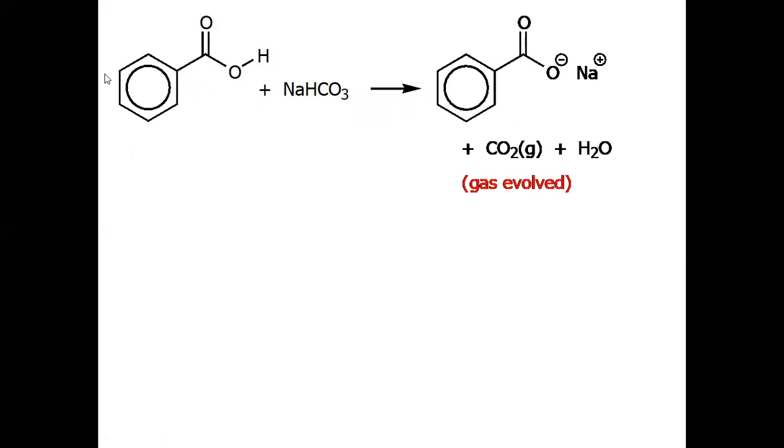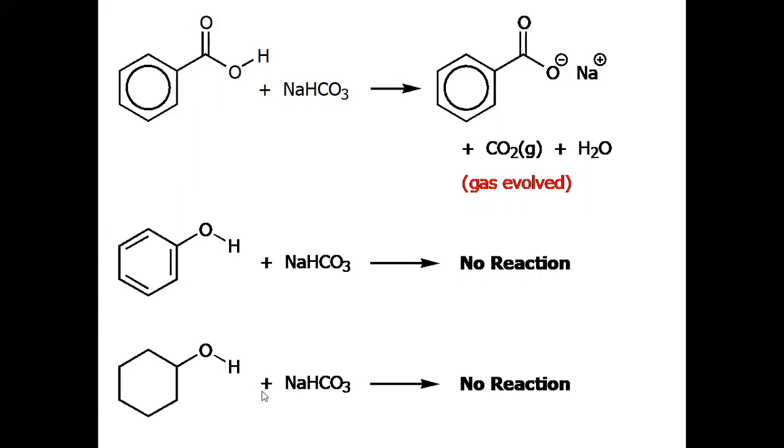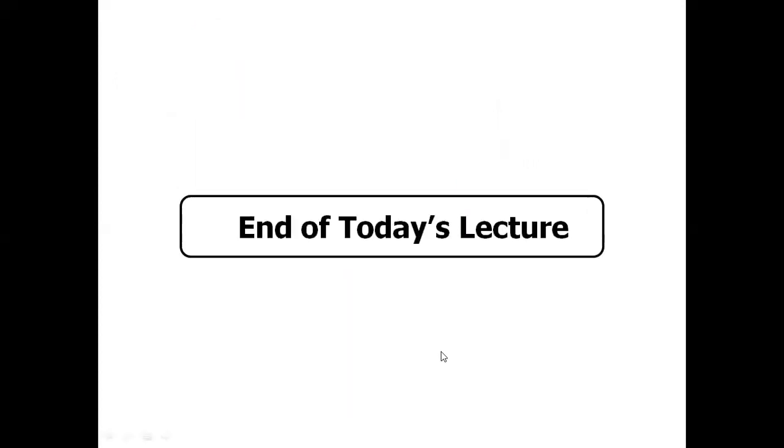We will react both with sodium bicarbonate. Sodium bicarbonate is a much weaker base as compared to the sodium hydroxide. It will react with benzoic acid to give you the sodium benzoate salt, plus carbon dioxide gas will evolve, which is basically a confirmation that we have a carboxyl group in the compound. While when we react phenol with sodium bicarbonate, there is no reaction. So we can distinguish between these 3 compounds by this confirmation test. Okay, see here, cyclohexanol will also have no reaction in this case.